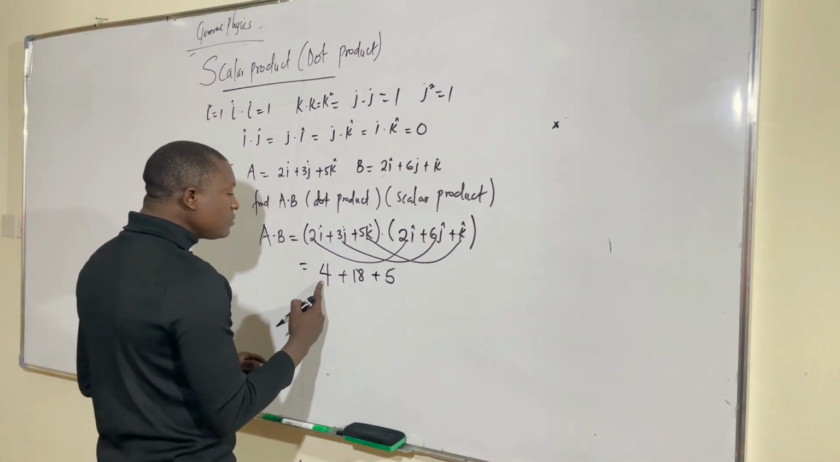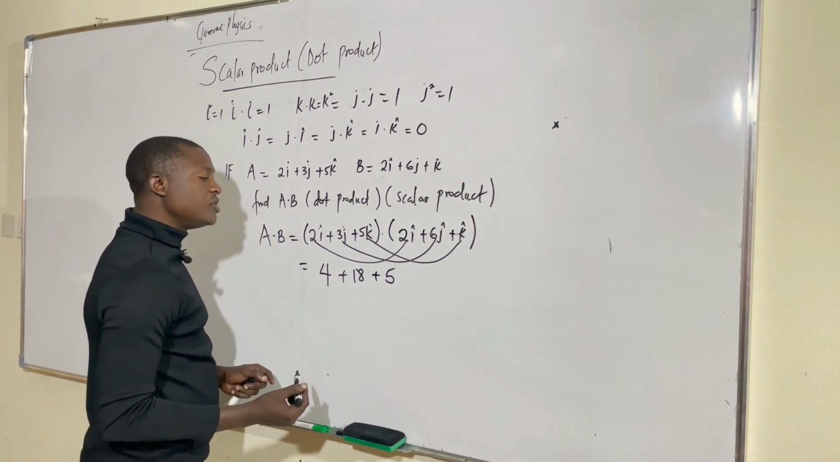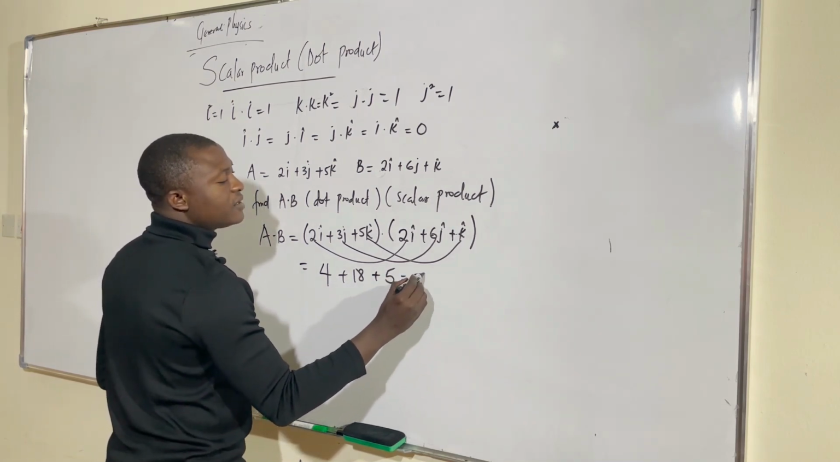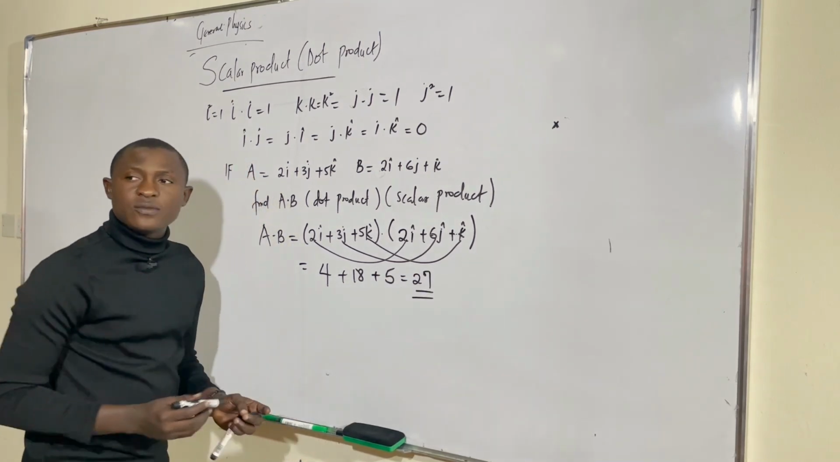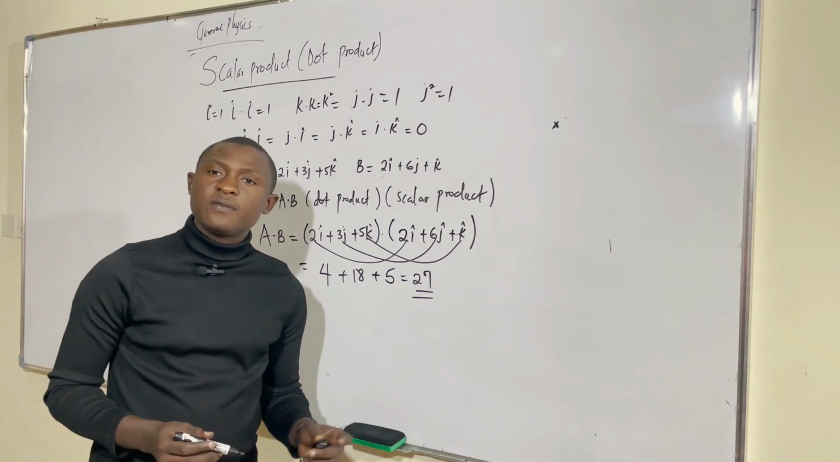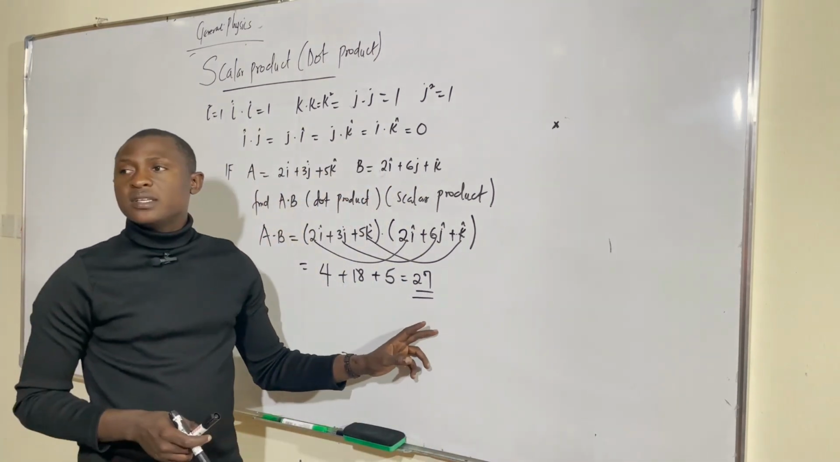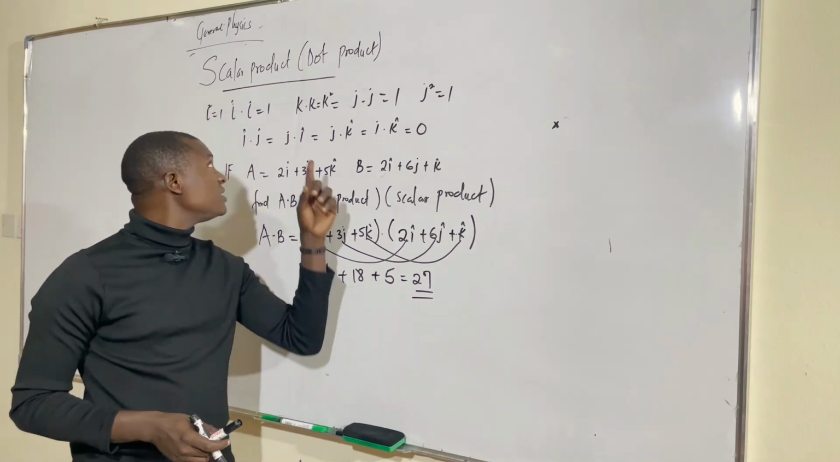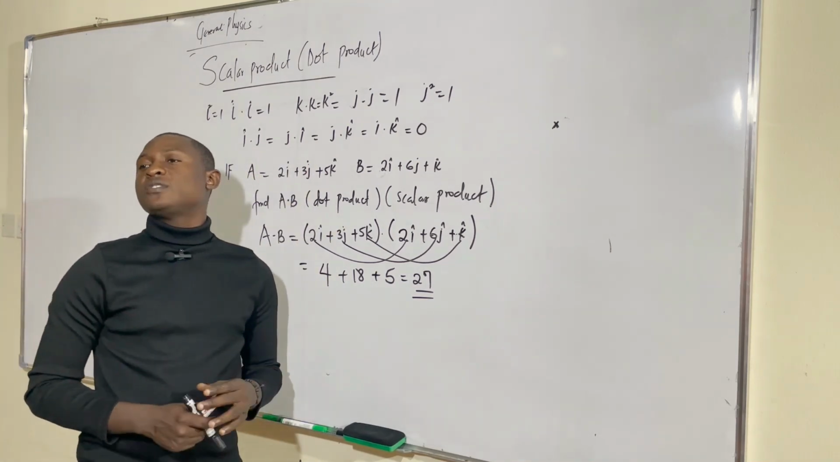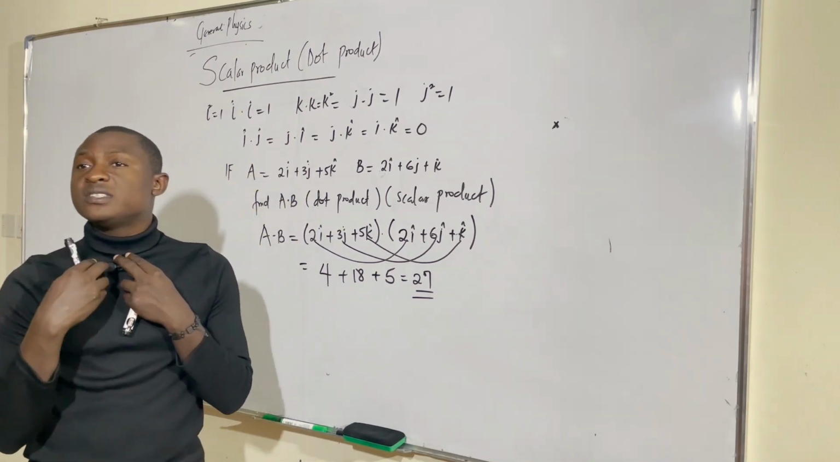So 4 plus 18, we are going to have 22. 22 plus 5, definitely we are going to have 27. You can see the result doesn't have any i, j, or k because it's a scalar. But remember from the definition of scalar, we say scalar quantities are those quantities that have